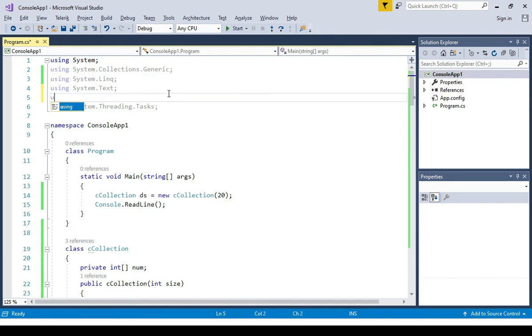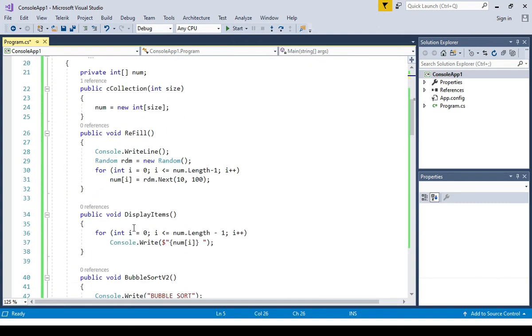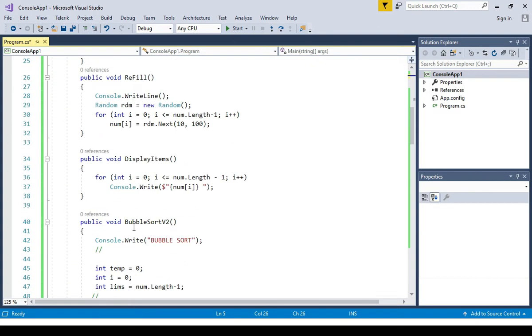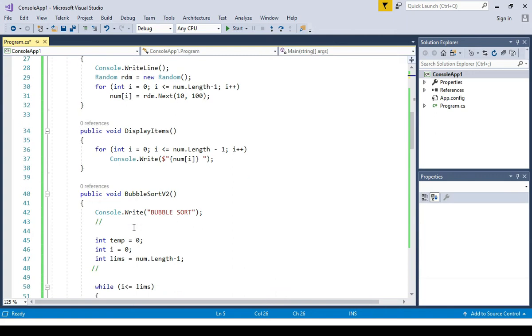So let's write here using System.Diagnostics. The System.Diagnostics contains the namespace for our stopwatch. And then after adding the diagnostics import statement, let's go back to the definition of our sorting algorithms. Let's start with our bubble sort. Let's write here